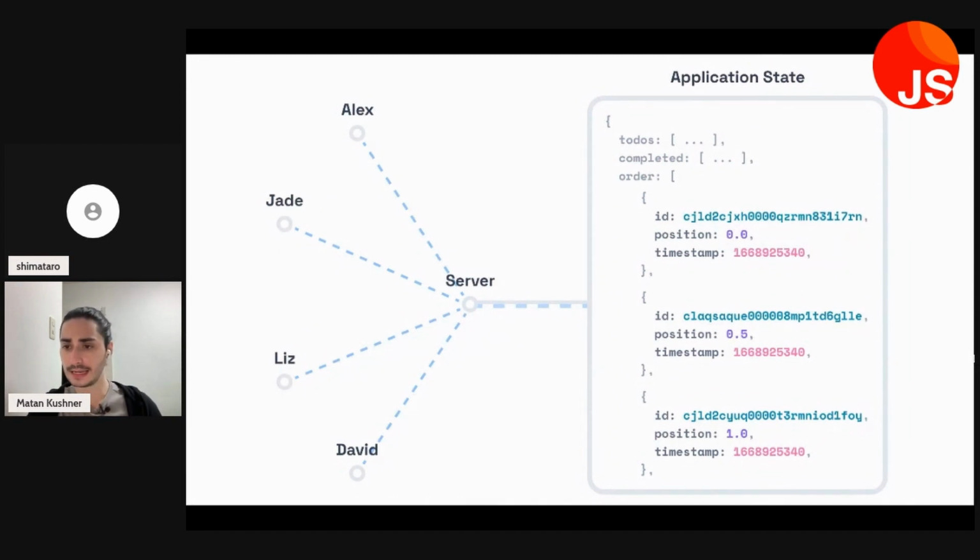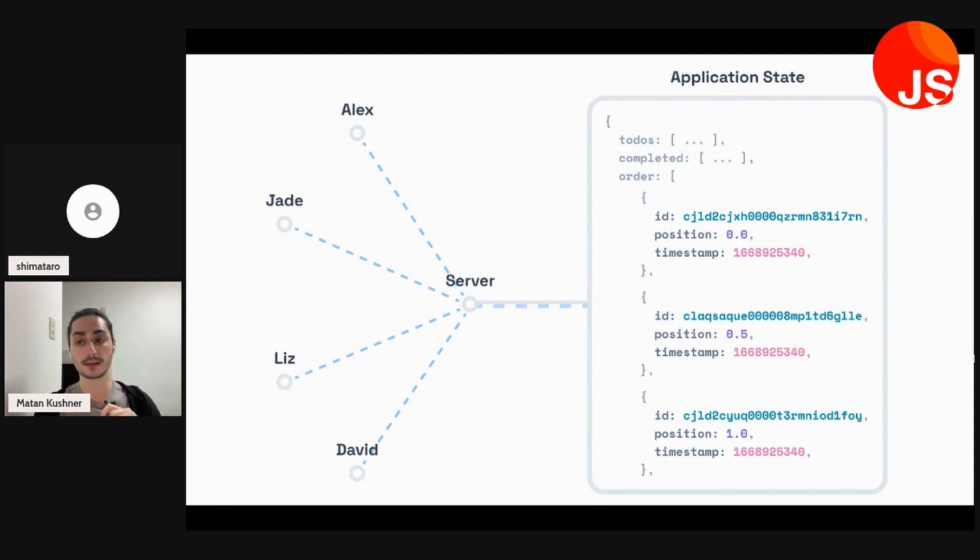So now we've got a to-do list working. Let's take a look at the implications of this design. Remember how we had a single server acting as a relay for the application state? Any operation log changes went to the server, which went to other clients. It turns out we never needed the server to do any sort of authoritative decision-making or any kind of validation. Everything just kind of worked. And in fact, in this application, the server can run the exact same code as the clients. The clients just relay operation log changes to the server in the same way that the server just relays them to other clients. This isn't a coincidence.